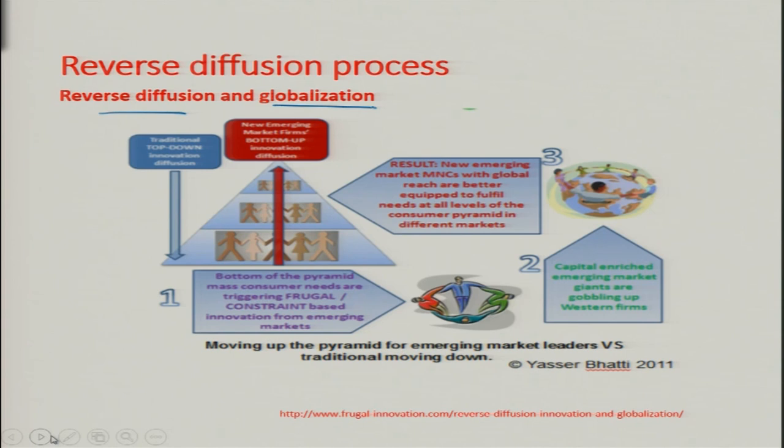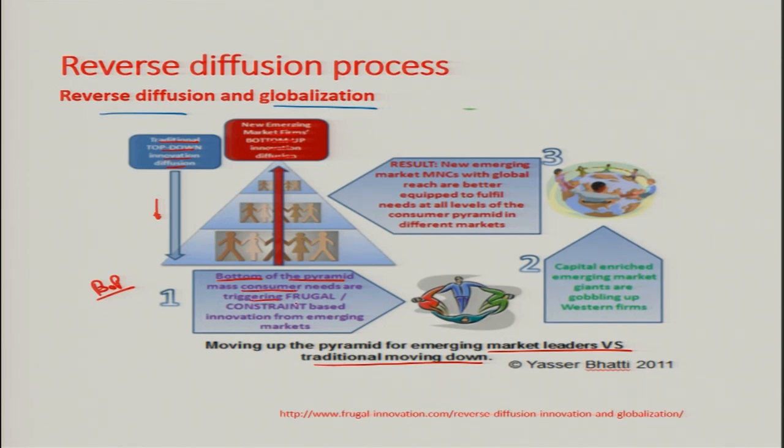Reverse diffusion and globalization. Now moving up the pyramid for emerging market leaders, versus traditional moving down. Generally, traditional is moving top down; innovation diffusion happens in this way. The base of the pyramid, or bottom of the pyramid process, is known as the BOP process. In that, new emerging market forms and bottom-up innovation and diffusion happen, and mass consumer needs are